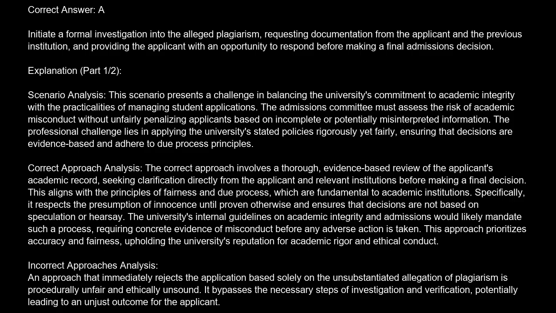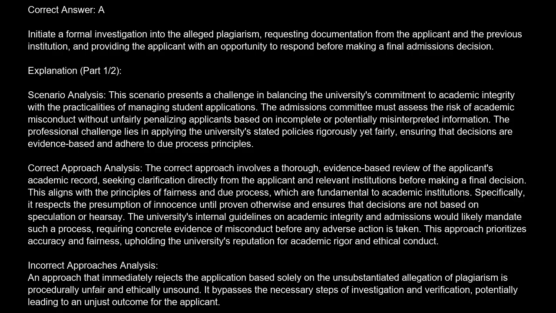Correct approach analysis. The correct approach involves a thorough, evidence-based review of the applicant's academic record, seeking clarification directly from the applicant and relevant institutions before making a final decision. This aligns with the principles of fairness and due process, which are fundamental to academic institutions. Specifically, it respects the presumption of innocence until proven otherwise and ensures that decisions are not based on speculation or